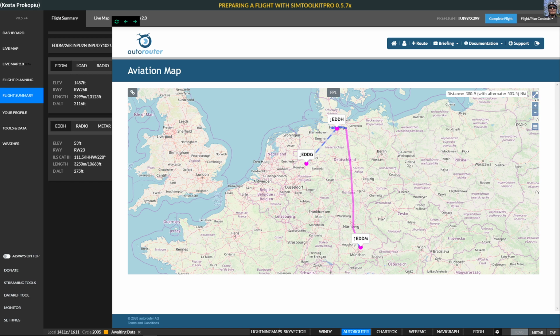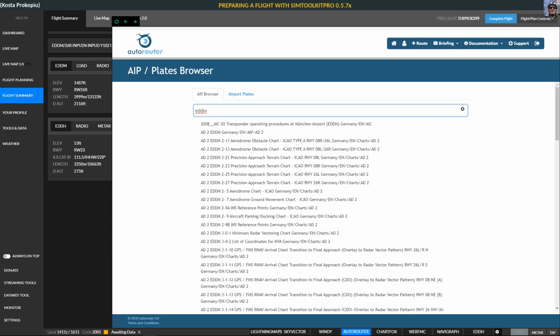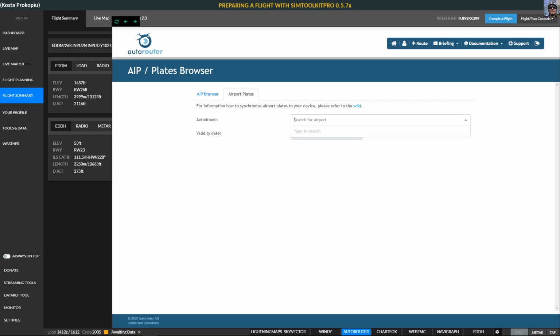for maps, but also if you go to AIP plates and for example you put in EDDM, right? You can actually get Munich, and you know what? I show you this version here because you can get the complete package of Munich charts from here. Downloaded is a big PDF. It's exactly that kind of PDF I just showed you with Hamburg. You can download this and then put this like I did with the Hamburg chart, and then you could in theory go and take that first approach that I showed you, change the name, and then you would have your